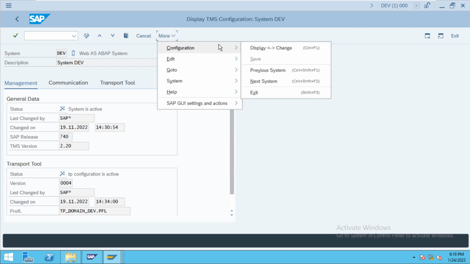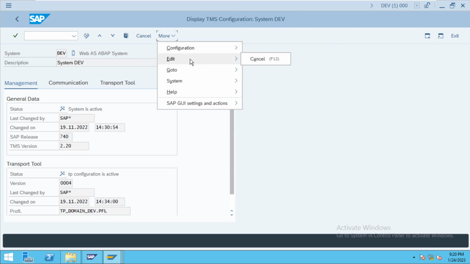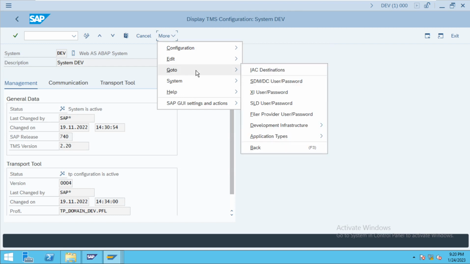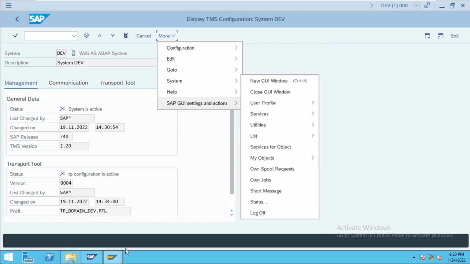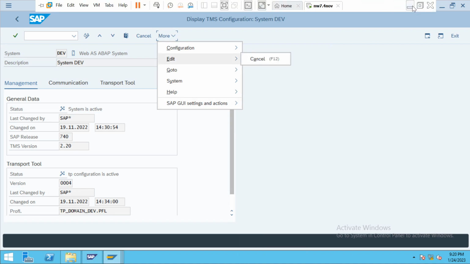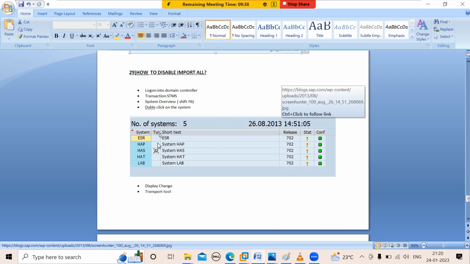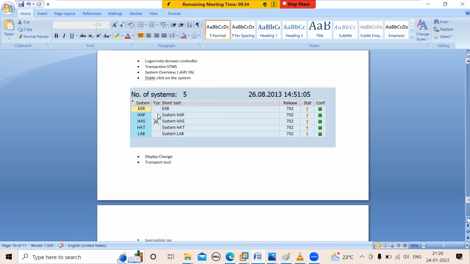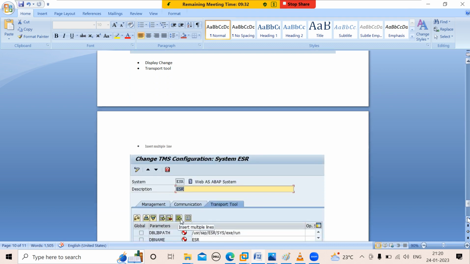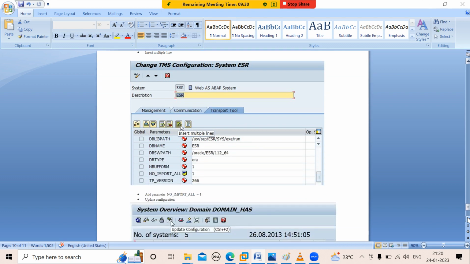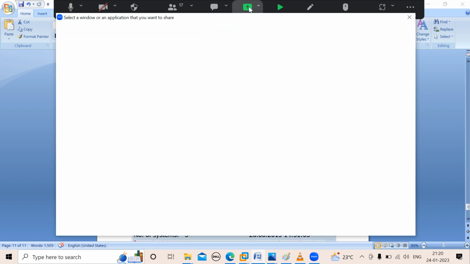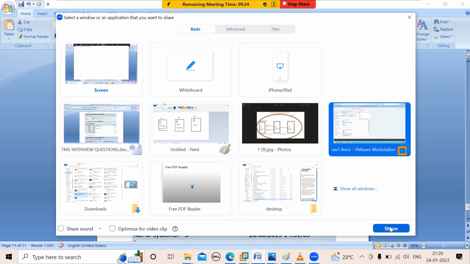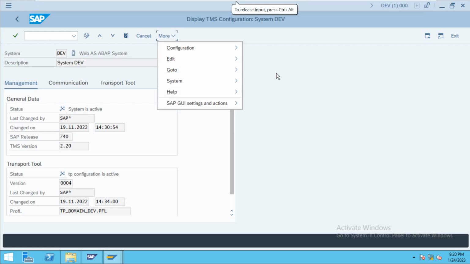configuration, edit, go to... what is that option? Okay, select your system, display change, transport tool. Okay, transport tool, insert multiple lines. You have to disable this transport tool. Where the transport tool was? Oh yeah, transport tool,